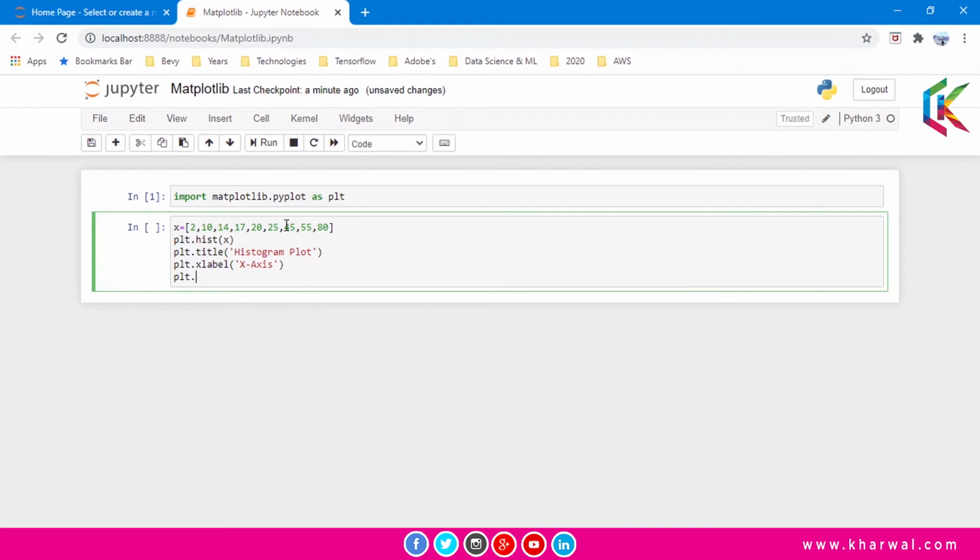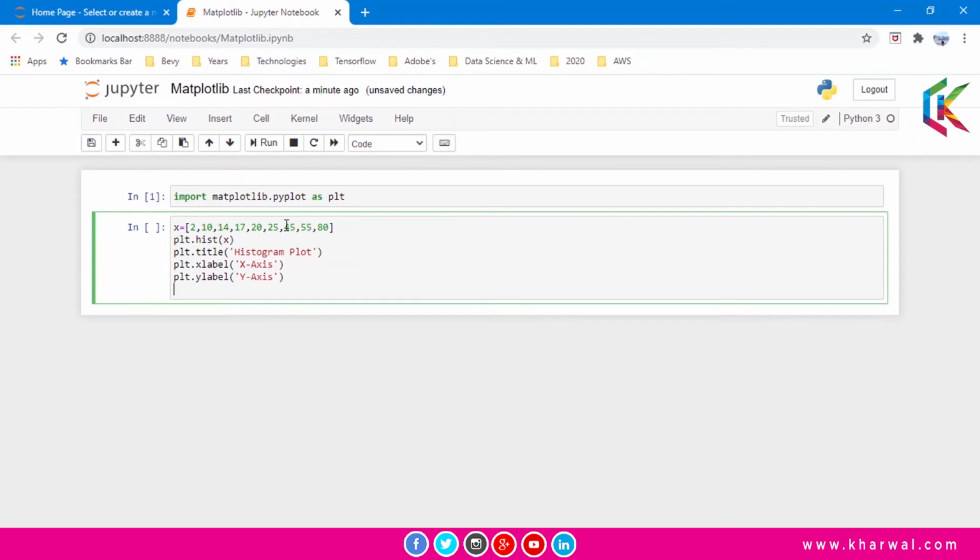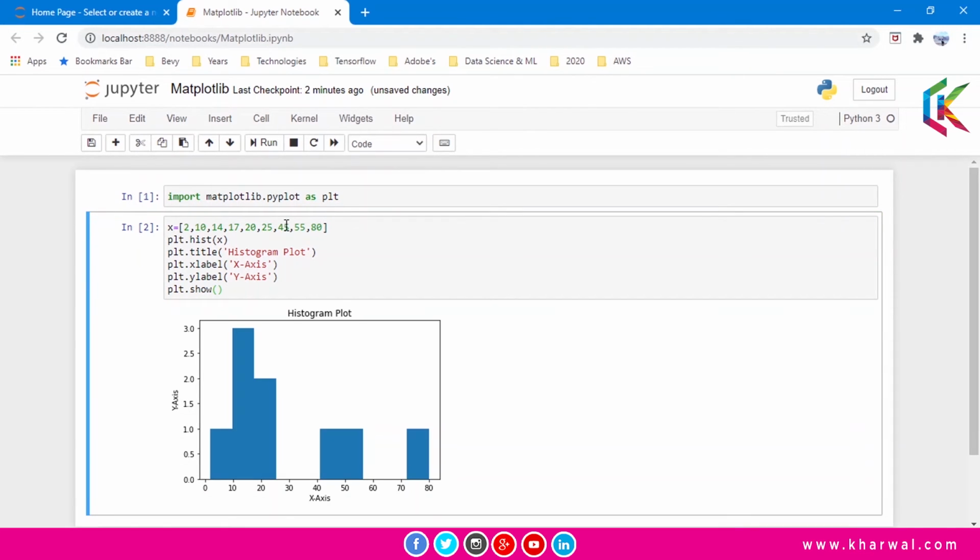Now let's add the y label. Now we are going to use plt.show. Now if I run this script, it will give you the histogram plot like this.